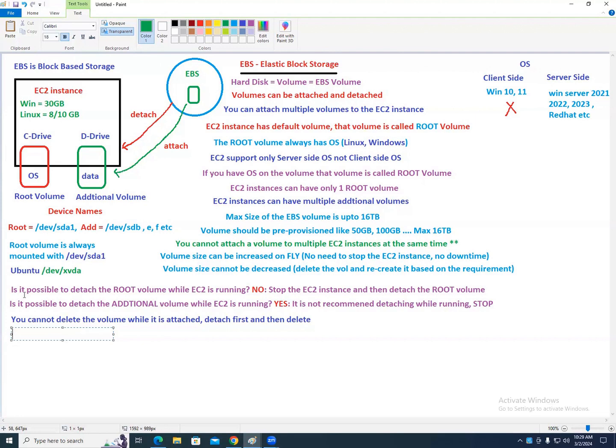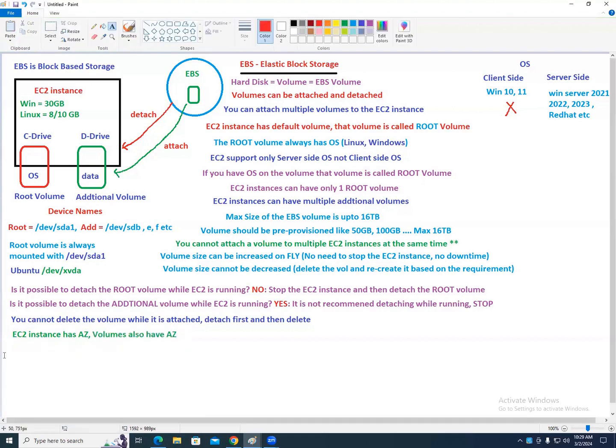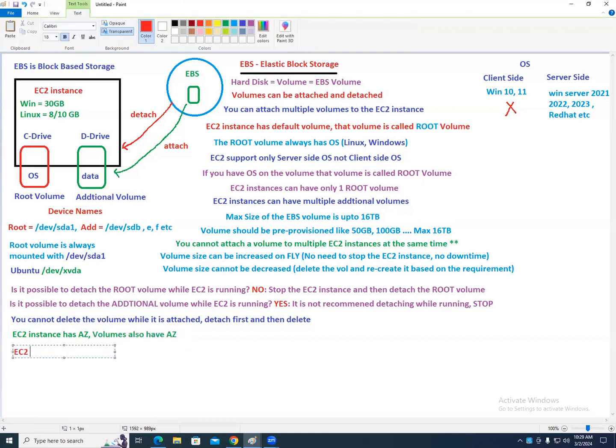Let's say I'm here and offline people, you are here. So we both should be inside the same room or not? If I'm sitting here and you are sitting in some other room, is it possible? No. So we should be in the same availability zone. So remember, EC2 instance has availability zone, volumes also have availability zone, and they both should be inside the same availability zone.